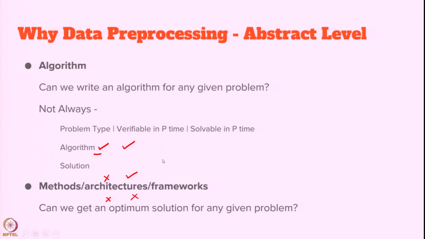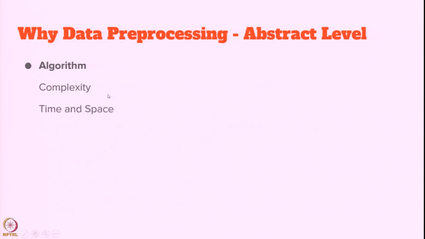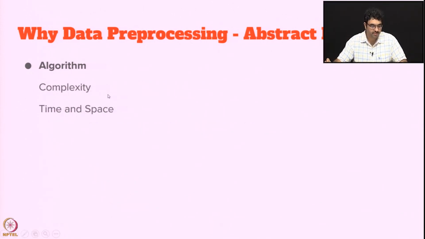Those deep learning methods are called architectures. You have seen so many architectures, and also there are several machine learning methods which we use, and we can even write frameworks to solve such problems where we cannot write the algorithm for the entire given problem to solve it in a given amount of time. Okay. Now going to the next part, we have to understand if we can write an algorithm for a given problem,